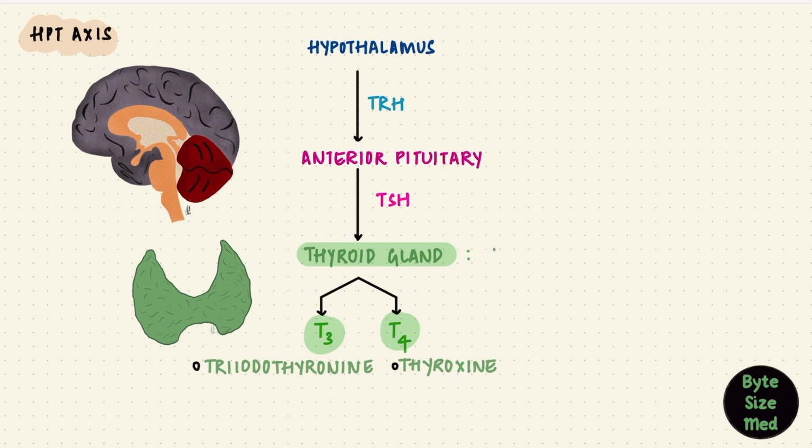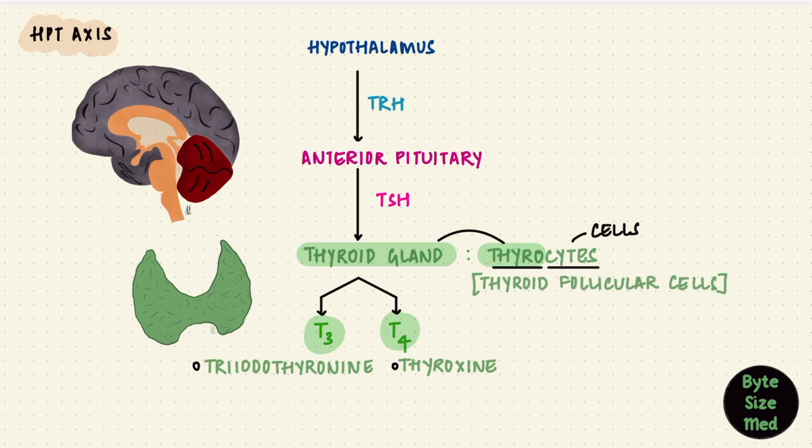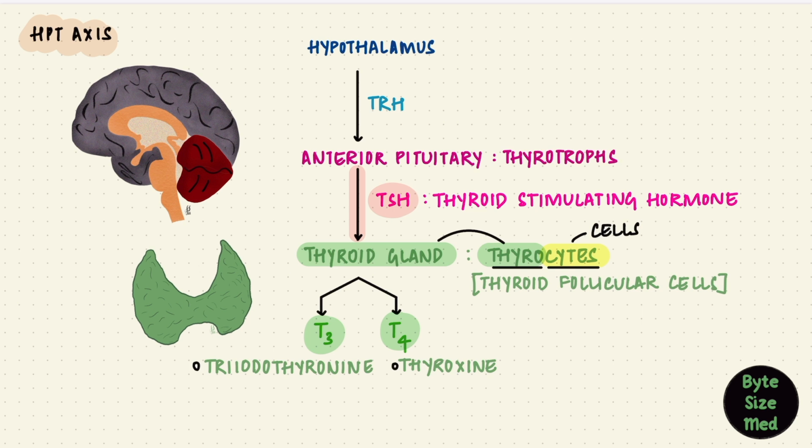The cells of the thyroid gland are the thyrocytes, or thyroid follicular cells. Makes sense since they are cells of the thyroid gland, so thyrocytes. TSH is the thyroid stimulating hormone. It literally stimulates the thyroid gland directly, so it's from the anterior pituitary, and it's produced by thyrotrophs. Troph means nourishment and food and growth. So what feeds the thyroid gland? TSH from the anterior pituitary, which is also known as thyrotropin. So the cells that create that TSH are thyrotrophs or thyrotropic cells or thyrotropes.